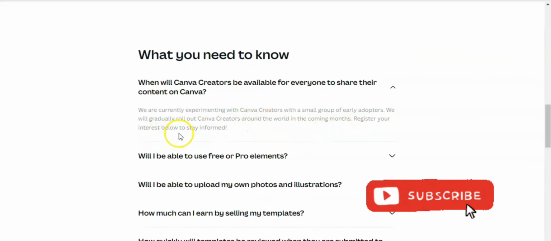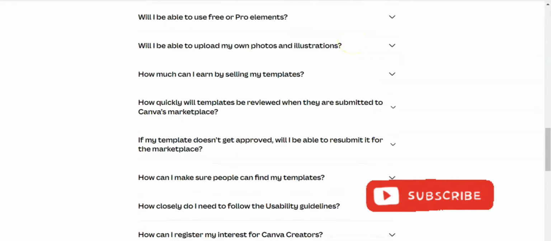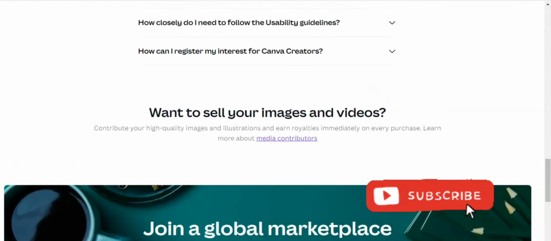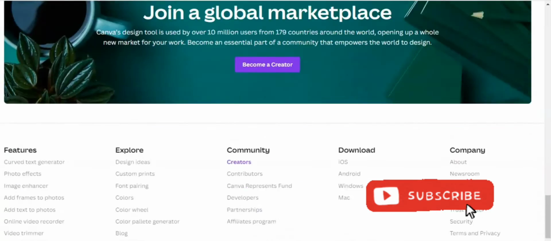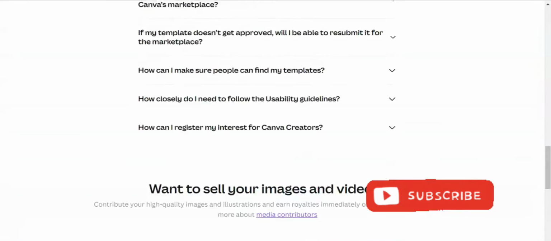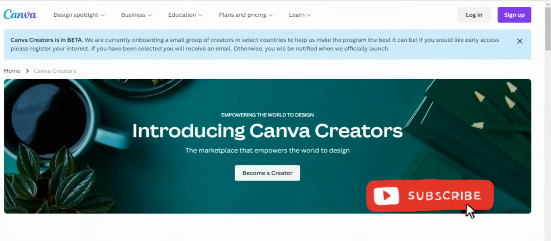Register interest below to stay informed. Okay, so now I'll be registering. If you want to sell your images and videos, then you click on media contributors. Now I want to become a creator with Canva. If that's what you also want to become, then follow the tutorial for today.